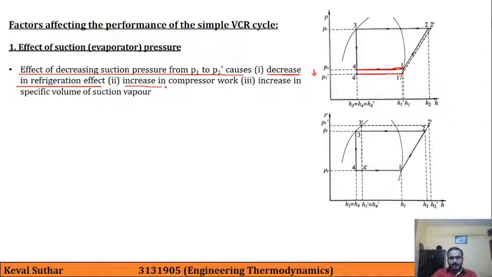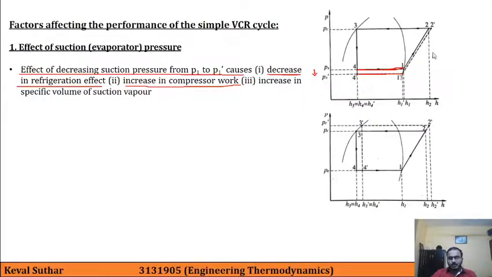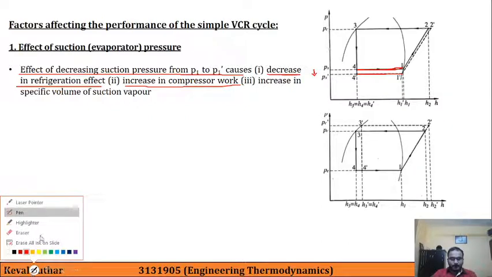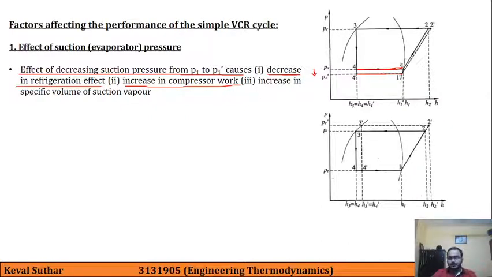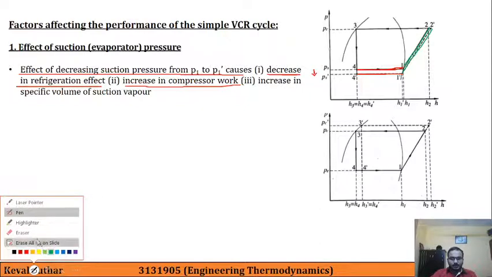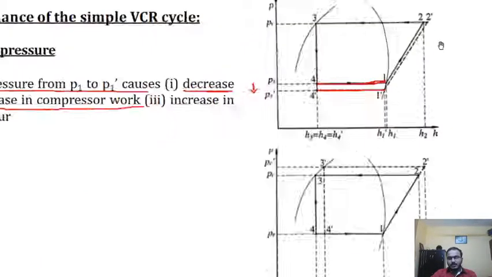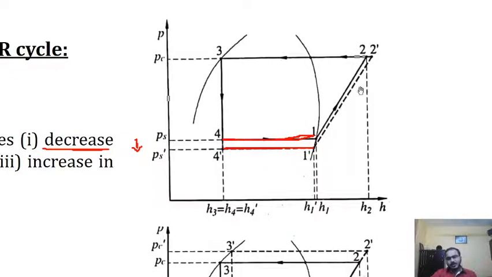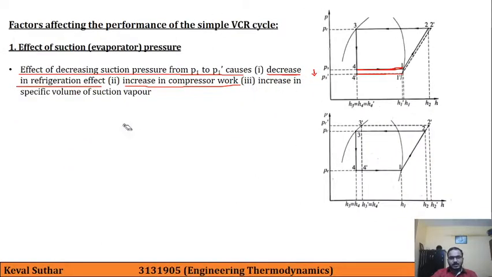Second is increase in compressor work. How? Because the compressor work is this 1 2, and here it is this. So if you see carefully, because of the diverging nature of the isentropic lines, the distance of 1 prime to 2 prime is more than the distance of 1 to 2. That is, the compressor work has increased,